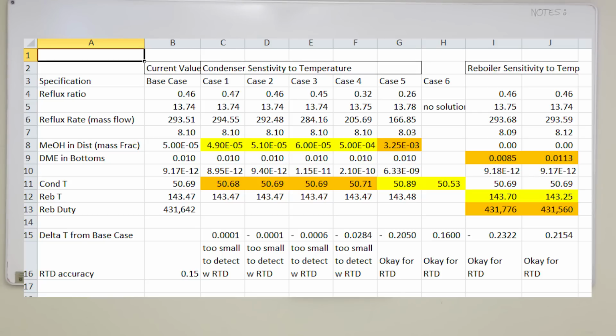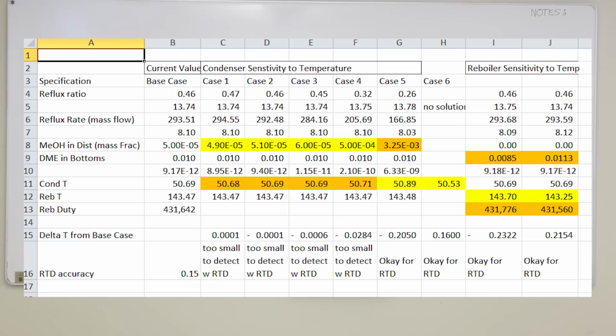So even if you don't have the exact temperature, you at least come back to when it's measuring at temperature and it's the same temperature as before, it measures the same value. So a good RTD is only accurate to like 0.15 degrees Celsius,